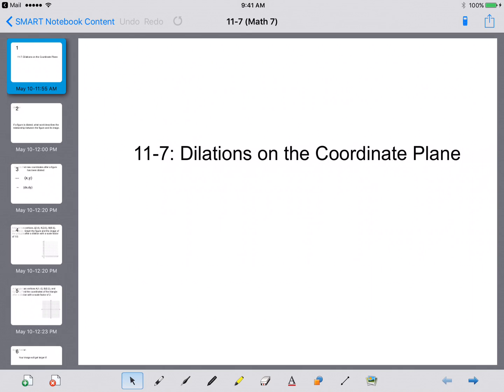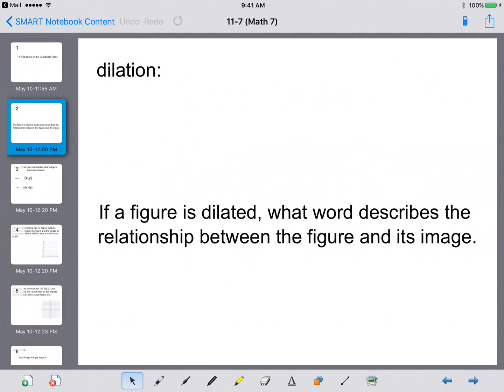Today we're going over Chapter 11.7, Dilations on the Coordinate Plane. So the first thing that we need to go over is the word dilation. The first thing that I think of is when you get your eyes dilated at the doctor and your pupils get bigger. So what a dilation is, it's a transformation, just like our rotations and our